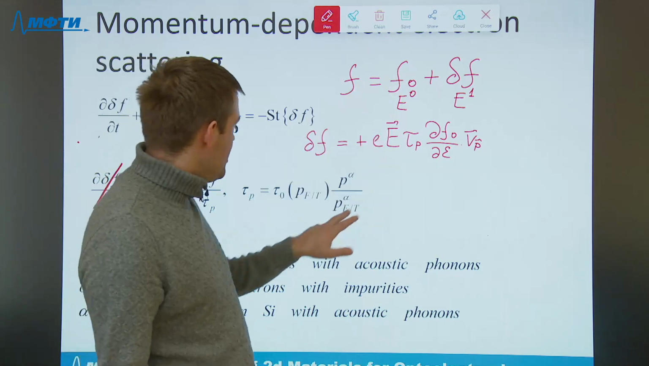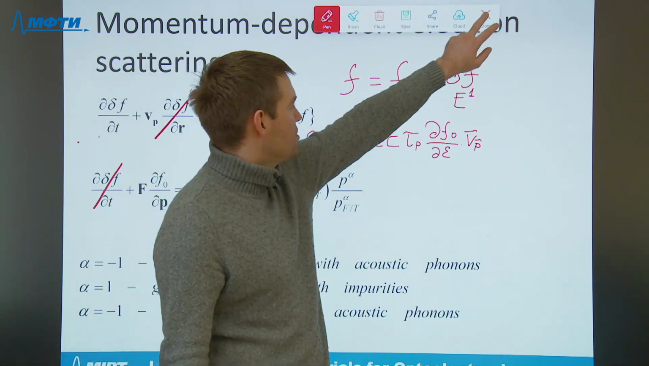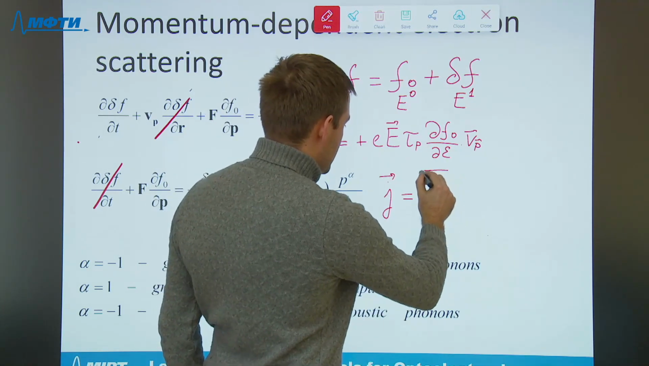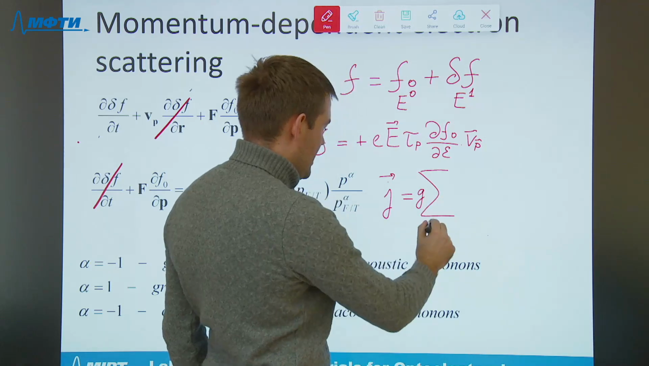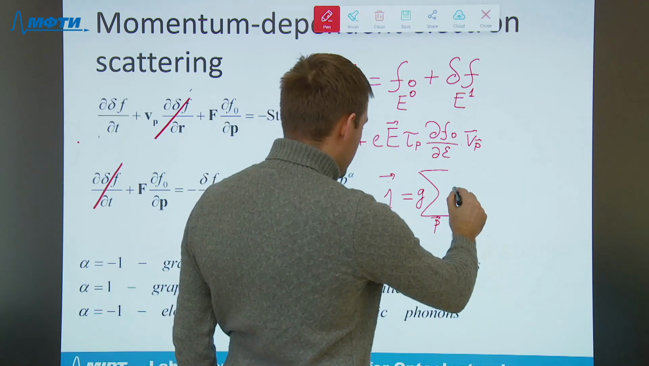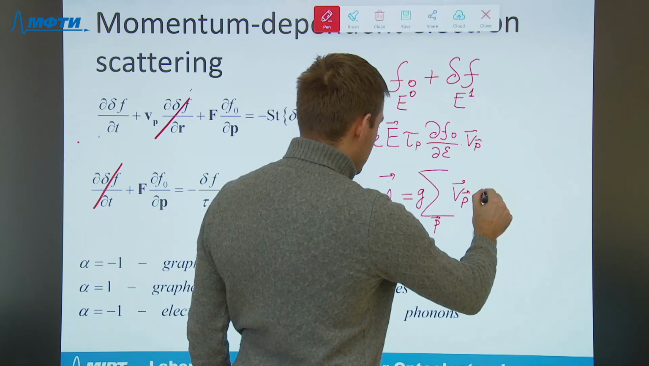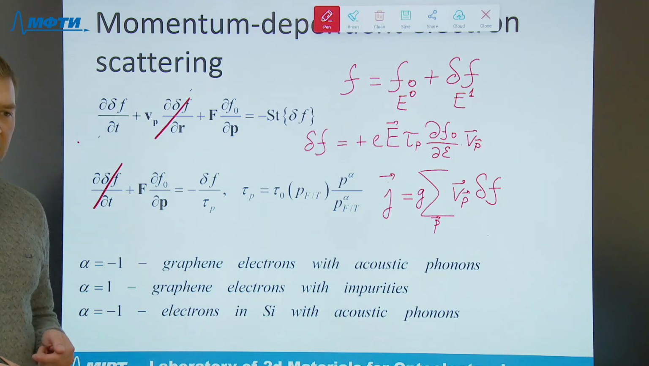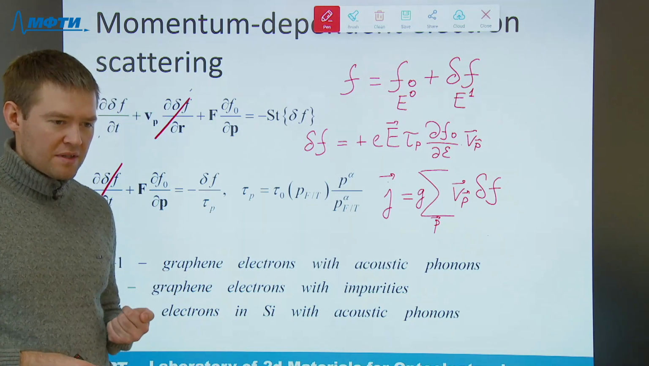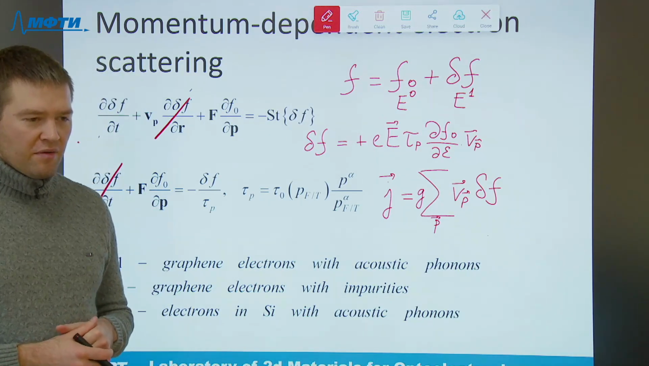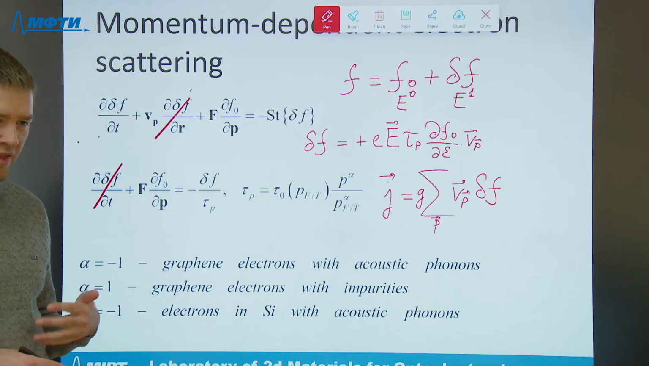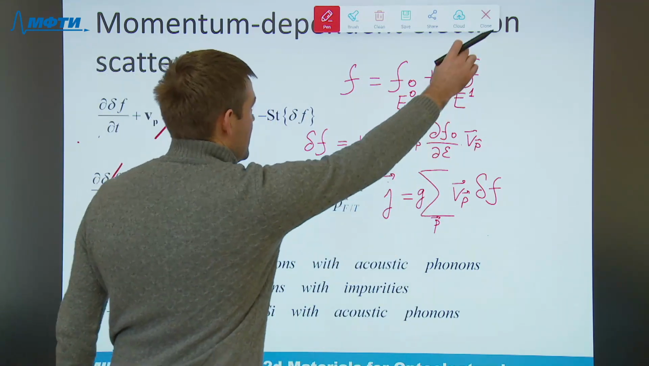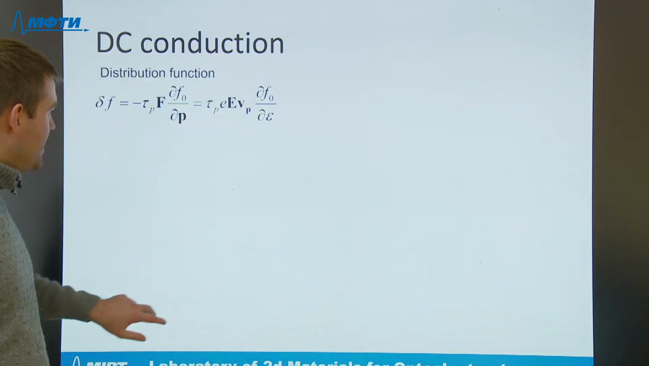So after we know this solution, we introduce it into the general expression for the electric current density. The electric current density is the degeneracy factor of the electron multiplied by the sum over all momenta, individual electron velocity multiplied by the distribution function. And the only remaining thing is to evaluate the emerging integrals. I hope that till the end of the course you will be familiar with the general procedure of how to do it. Actually, the sum over momenta is the integral over the phase space, which